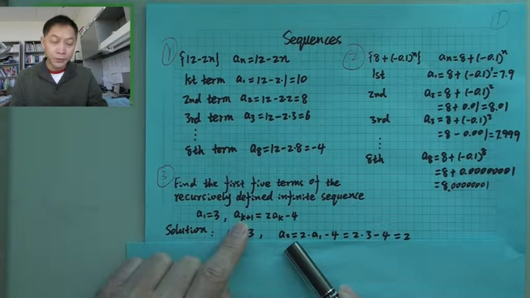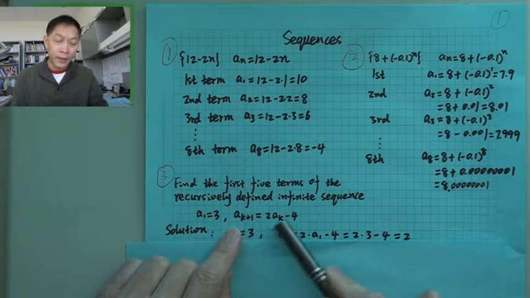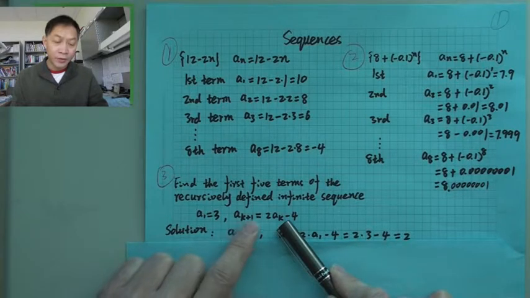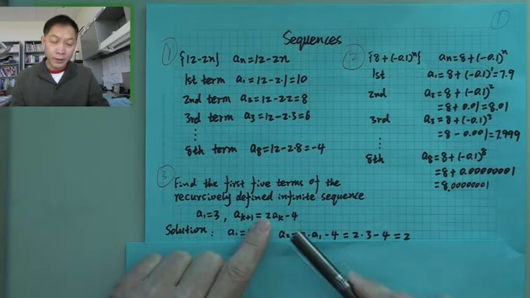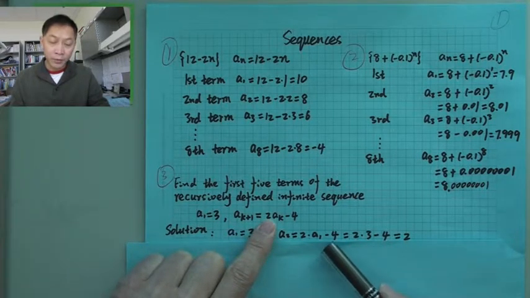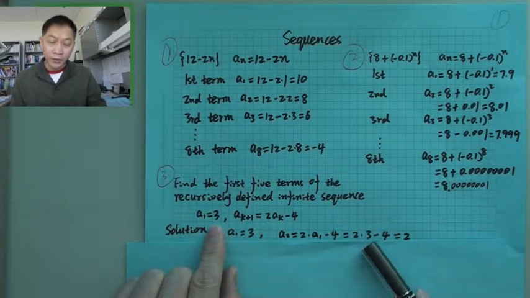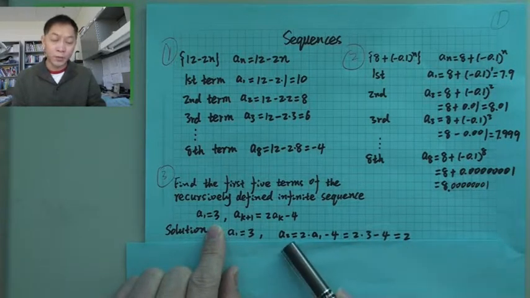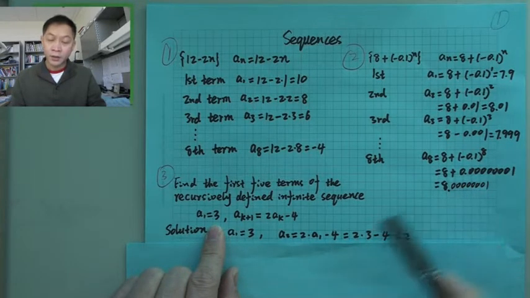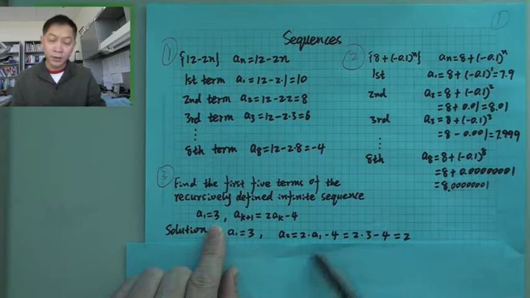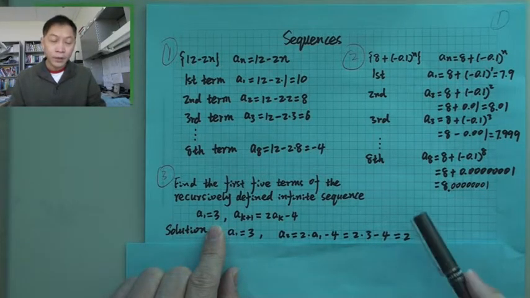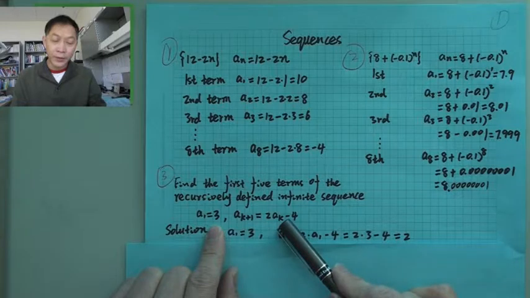A2, here is 2, because k is 1. And 1 plus 1, you have A2, and then 2 times A1 minus 4. A1 we know is 3, so 2 times 3 minus 4 is 2. So in this way, you figured out A2 is 2. Then A3 can be calculated by